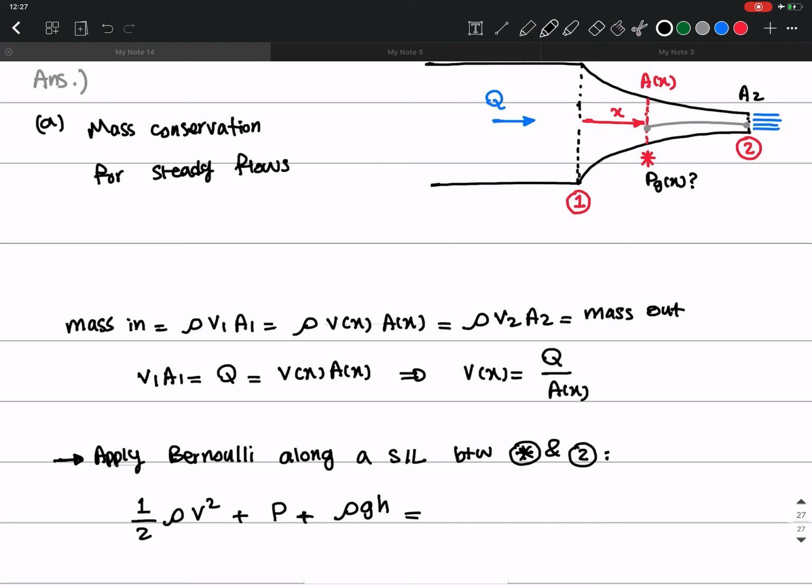So we have 1/2 rho Vx squared plus Px plus rho g h equals